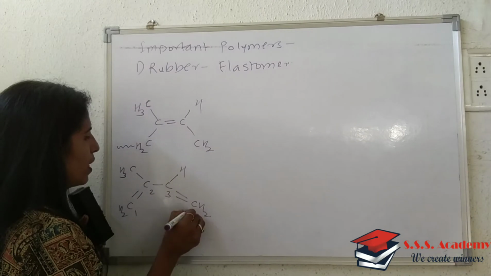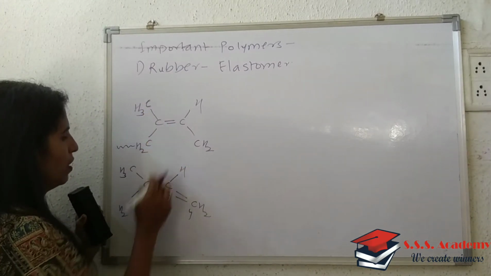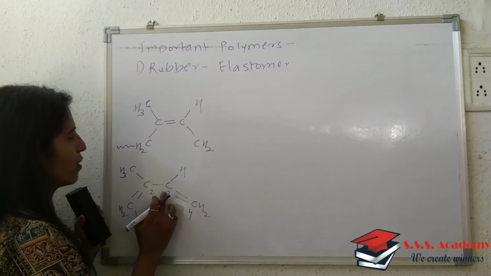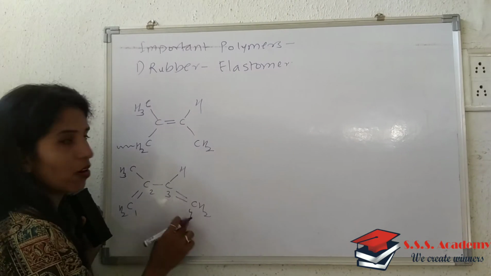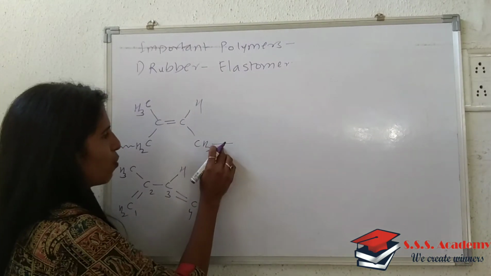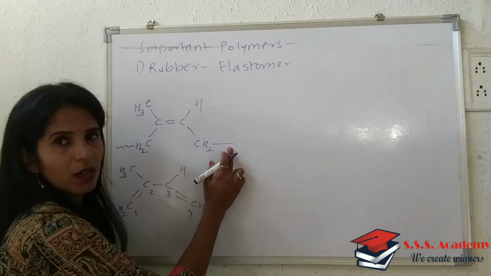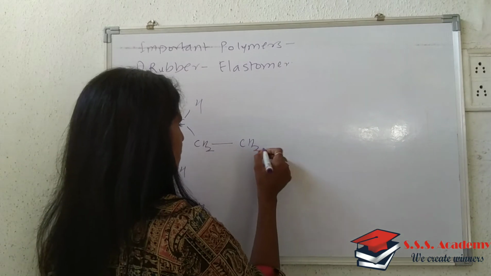See, this is the same unit I have written, 1, 2, 3 and 4. It's 2-methyl. At the first position there is a double bond, so that bond is shifting to 2 and 3. So this is the 2 and 3 double bond. Now the double bond which was earlier at third and fourth has been shifted to the next bond, and therefore this is a newly formed bond obtained from this bond. Is it clear? What next you will write? Again CH2.